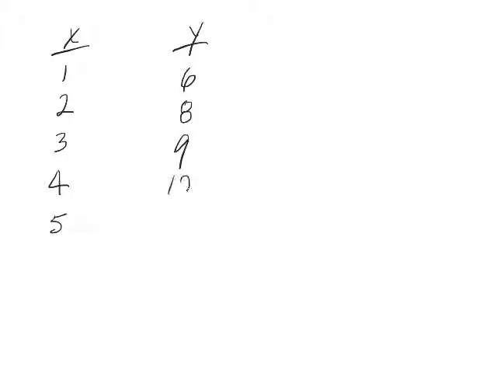So if we have our domain, we'll call that x here, and we just have a list of numbers here, and then we have y. And let's say we have another set of numbers here. Okay. And what it says here is a function is a correspondence between a first set, which was right there, and a second set, which is right there, such that each member of the domain corresponds to exactly one member